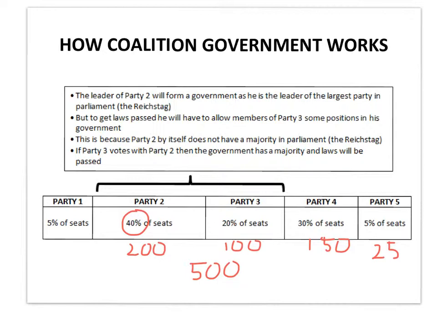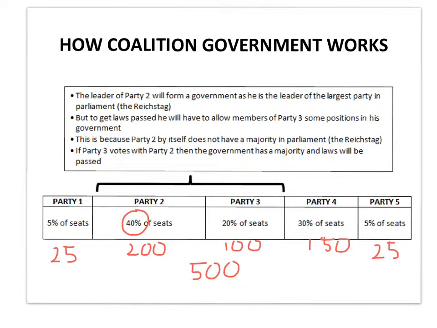And over here, Party 1 would have 25 seats. So even though they're very small parties, they would still have 5 seats. Even a party that had 1% of the vote would still have 5 seats. They'd have a few seats of the 500. Now, what that basically meant is that there would be lots and lots of political parties in the Reichstag, that the seats would be spread fairly thinly across lots and lots of parties. So it would be unlikely that one party would have more than half the seats for themselves.